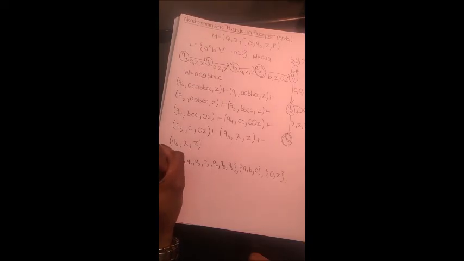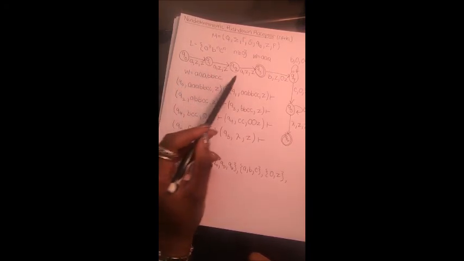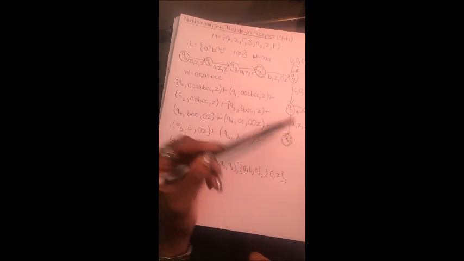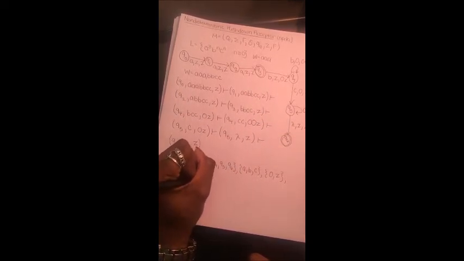Then we start at Q sub 0. Z is our stack start symbol. Now, final states. We know Q sub 3 is a final state and Q sub 6 is a final state. So, Q sub 3, Q sub